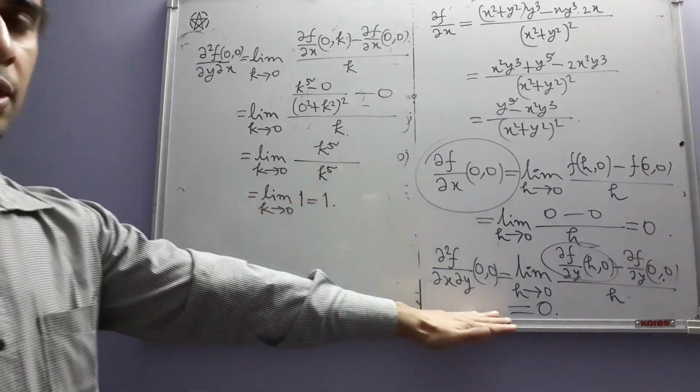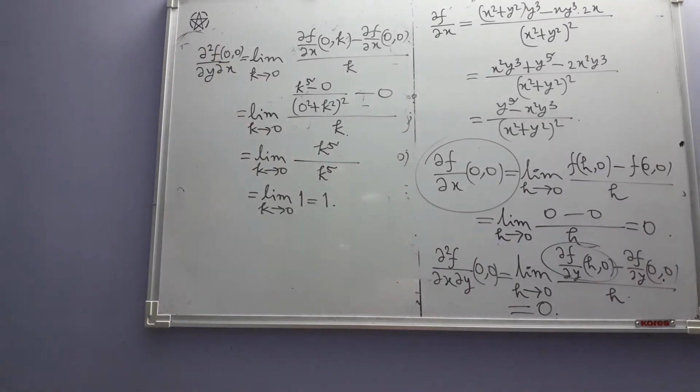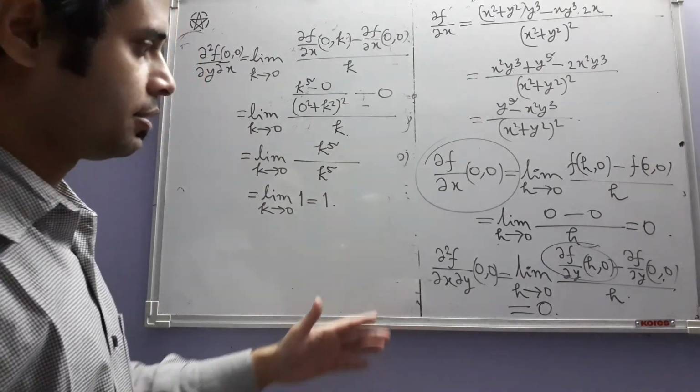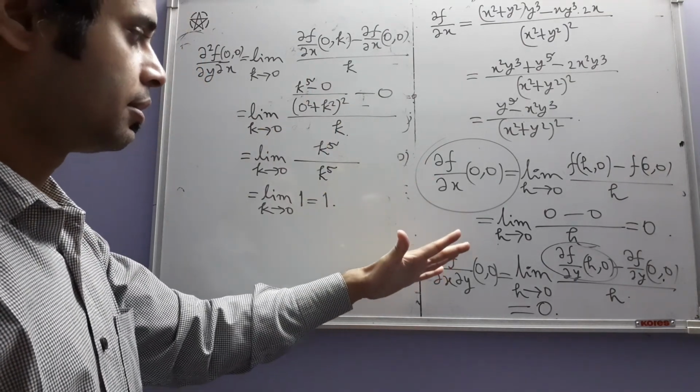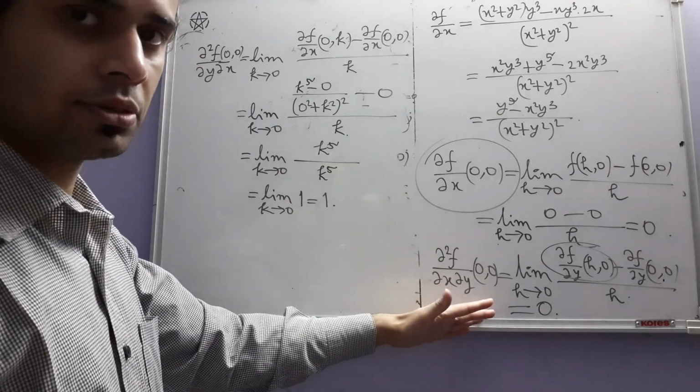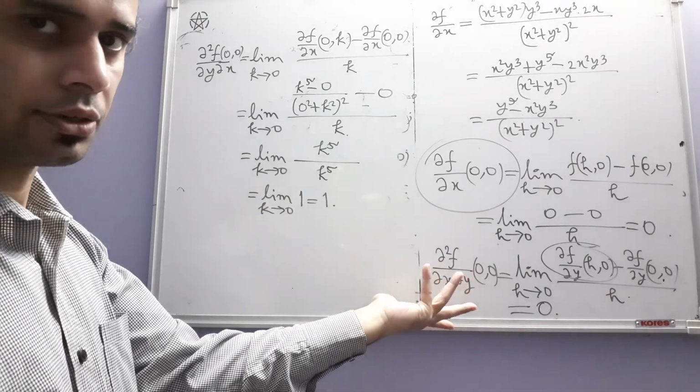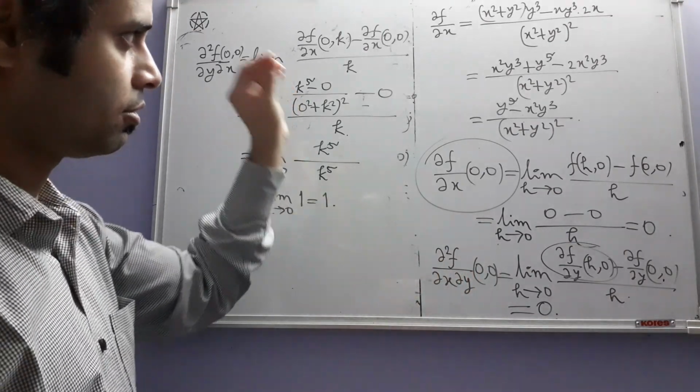So that partial derivative is 0, this one is 1. So again, they are not the same. You can verify if you want that the function is differentiable at (0, 0), at the origin. The partial derivatives are also continuous at (0, 0). Not only the fact that they